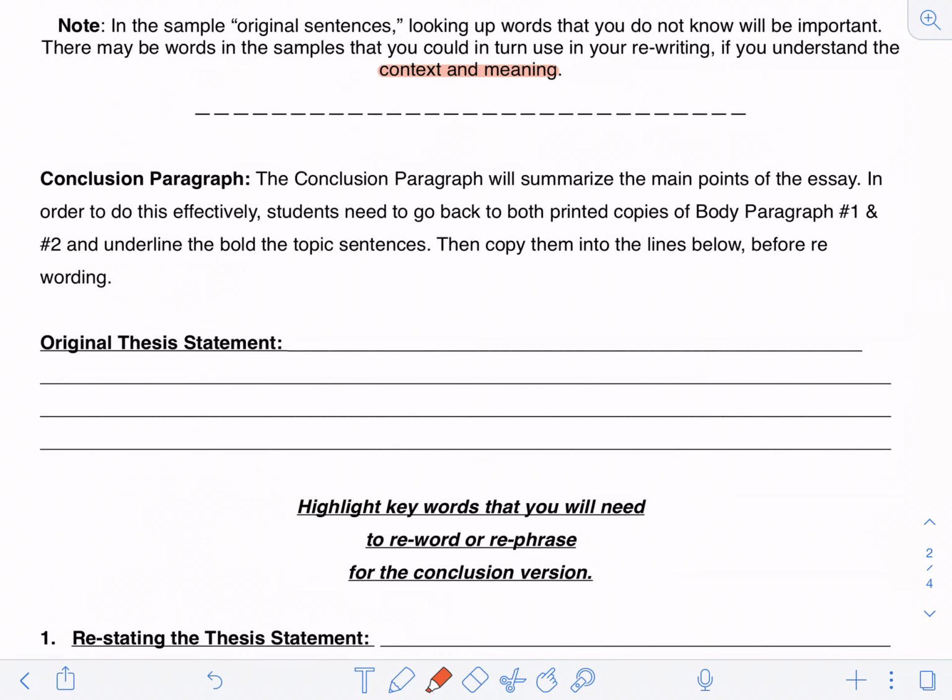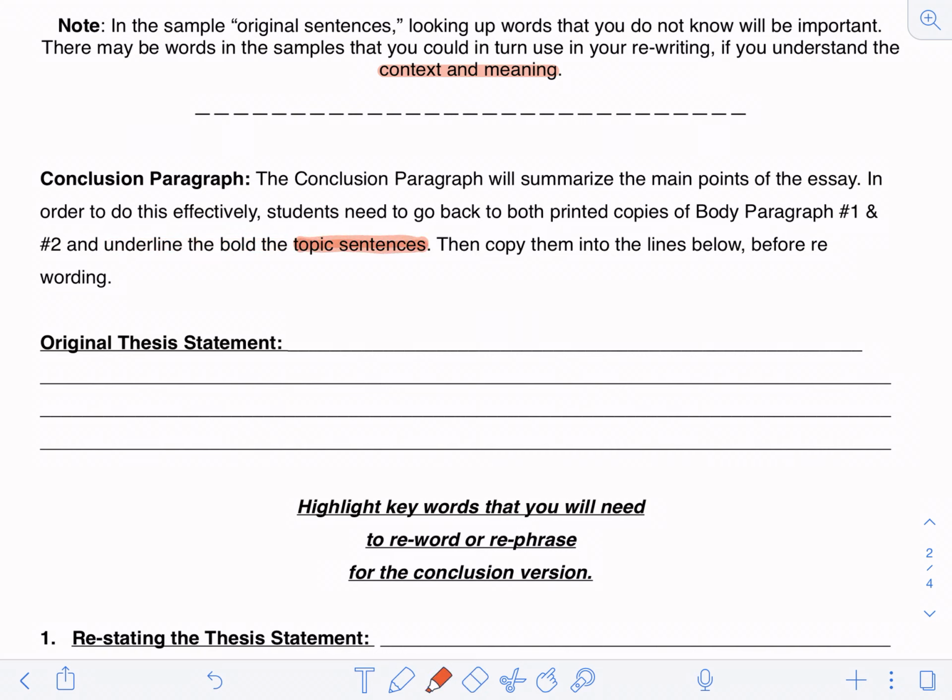This part takes us to the actual writing of the conclusion paragraph. The conclusion paragraph will summarize the main points of the essay. In order to do this effectively, students need to go back to both the printed copies of Body 1 and Body 2 and underline the bold topic sentences. Now, we didn't do this because we haven't had class in person, but you want to actually, in your typed MLA format documents,